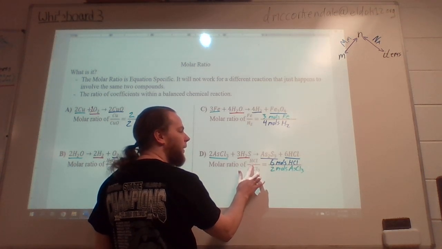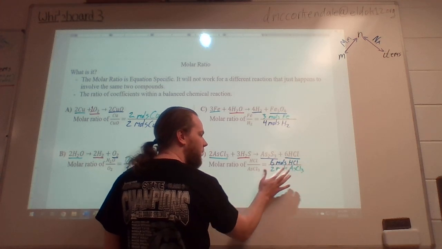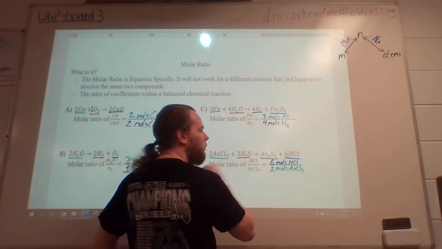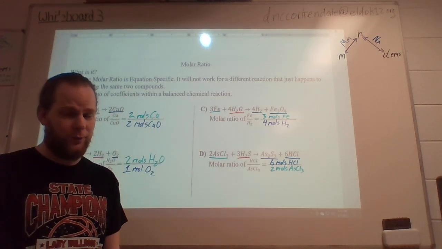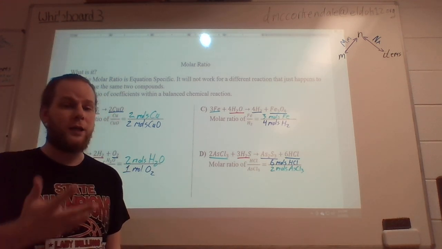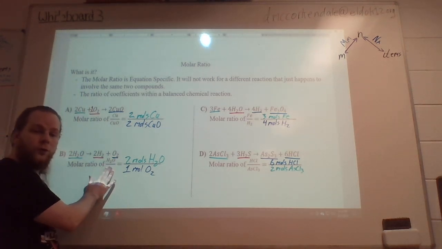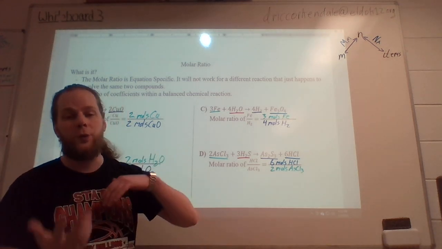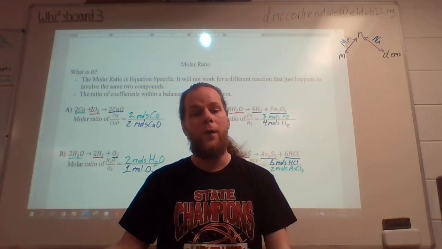And then down here, HCl to AsCl3. HCl is a 6, AsCl3 is a 2, so 6 moles of hydrochloric acid to 2 moles of arsenic trichloride. And that's really all there is to molar ratio. Now, in the problems that we're going to work, they're not going to be labeled quite this nicely. You have to do the known over the unknown, which means you have to first identify your known and your unknown. And that is what we're going to actually work out in the next video,